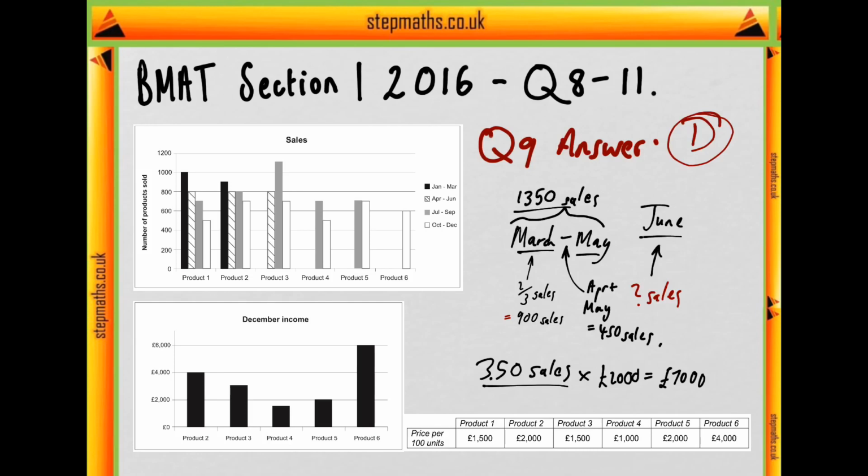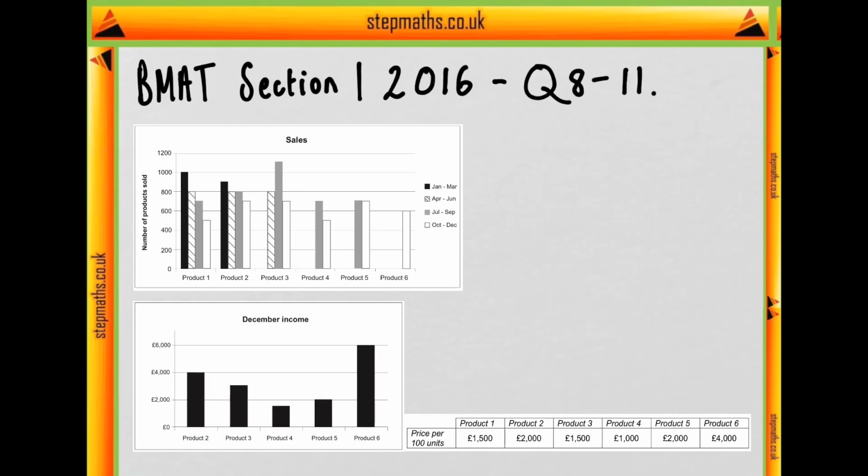So let's move on to question 10, where we're being asked how many units of product 6 were sold in November. Well, let's remember the fact that product 6 was sold at the start of November, and that for the financial year all we have is November through to December. So this bar here represents October to December, but in reality it reflects only November and December. So we do have the December income, which is $6,000 if you correspond it to here. So 6,000,